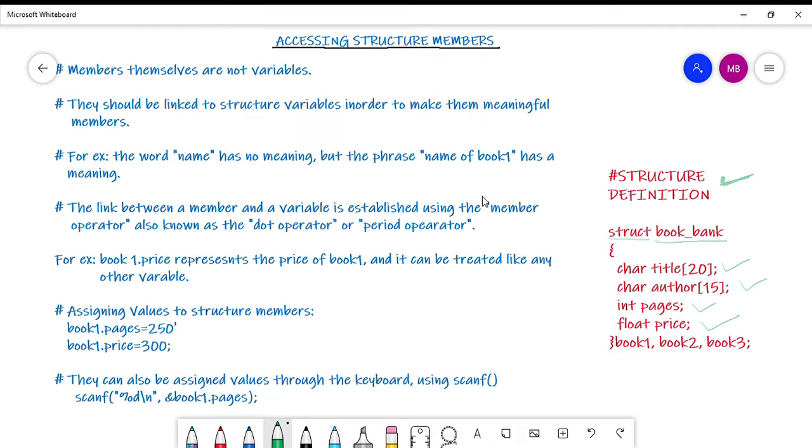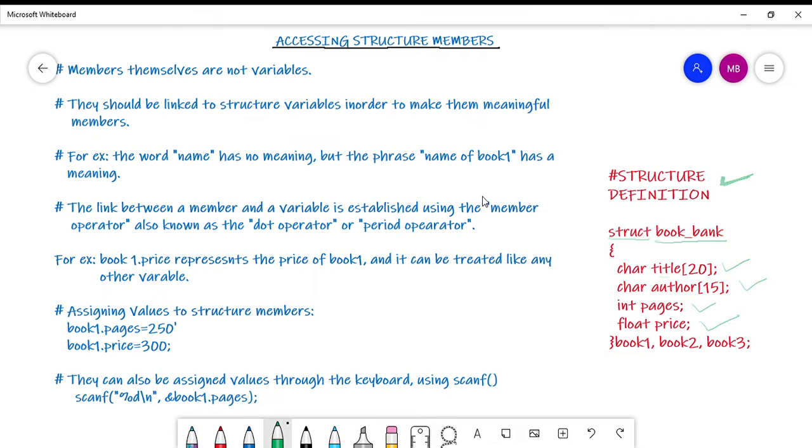So this definition of the structure named book bank tells you that any variable of this particular structure type would have four members. That is, it would have a fixed template. It would have a member known as title whose maximum length would be 20, that means an array of length 20 named title.